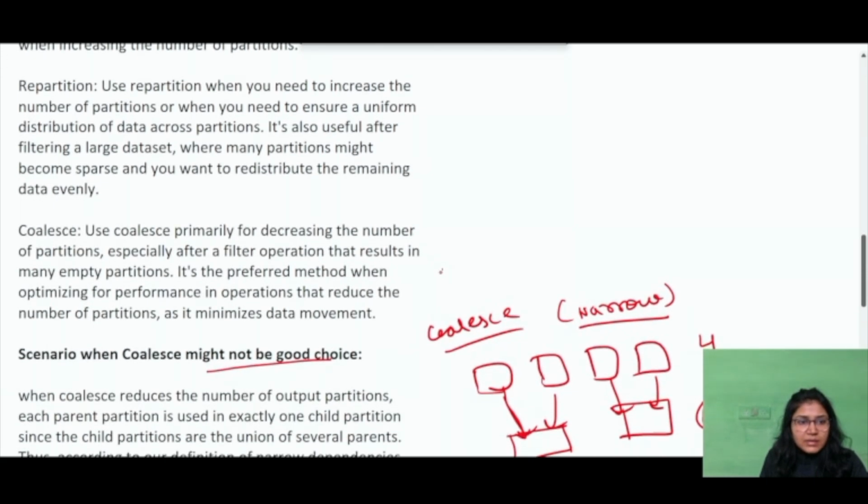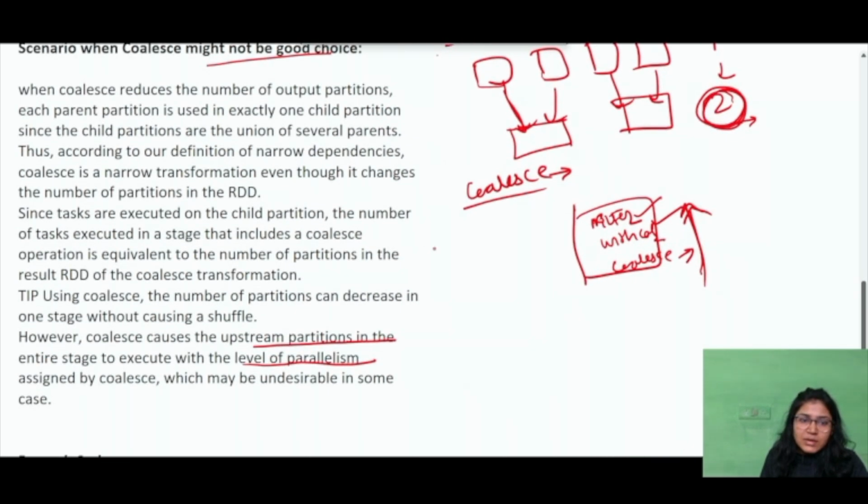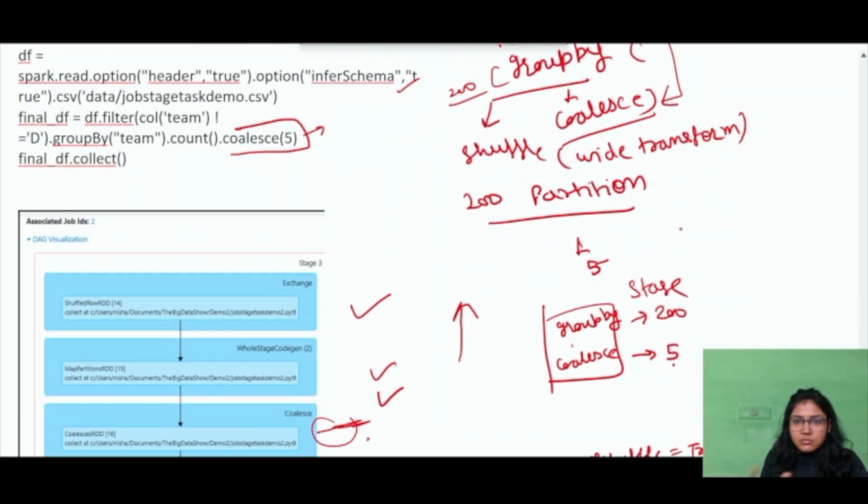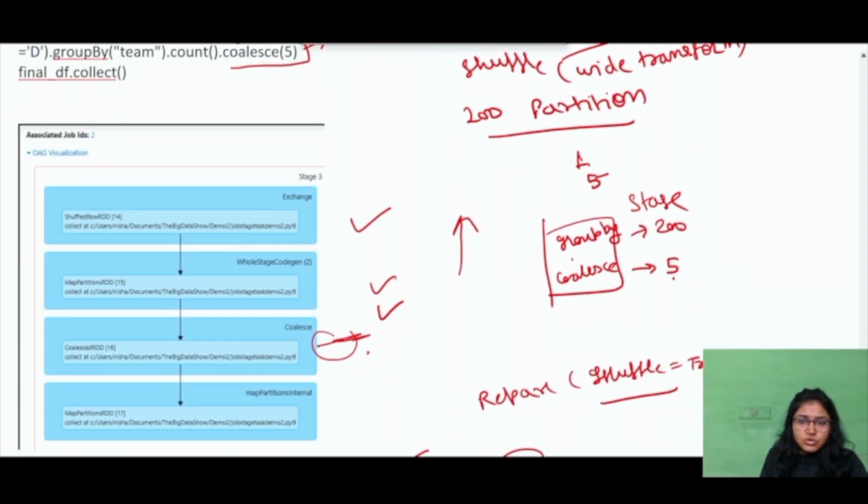Then we have studied the scenario where coalesce might not be right, because coalesce tries to push the upstream partitions in the entire stage to execute with its level of parallelism. So sometimes it might not be a good choice. Again, that depends upon multiple factors. So in that case, you should maybe try to run with both repartition and coalesce, and then it comes to the choice of repartition versus coalesce.